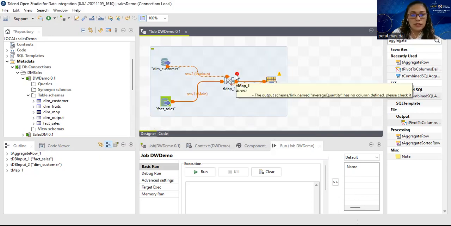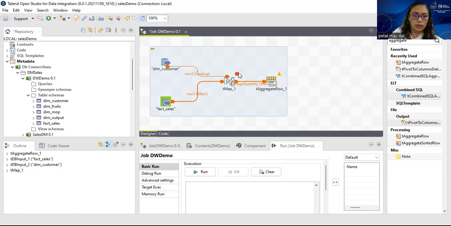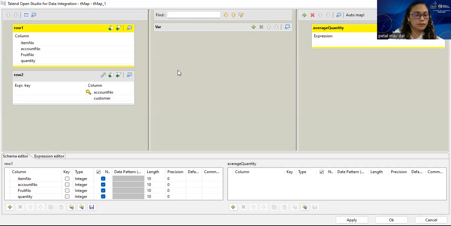You notice that there is an arrow between the TMAP and the aggregate row. So first, let's configure our TMAP component. Double click on the TMAP component. This will be your